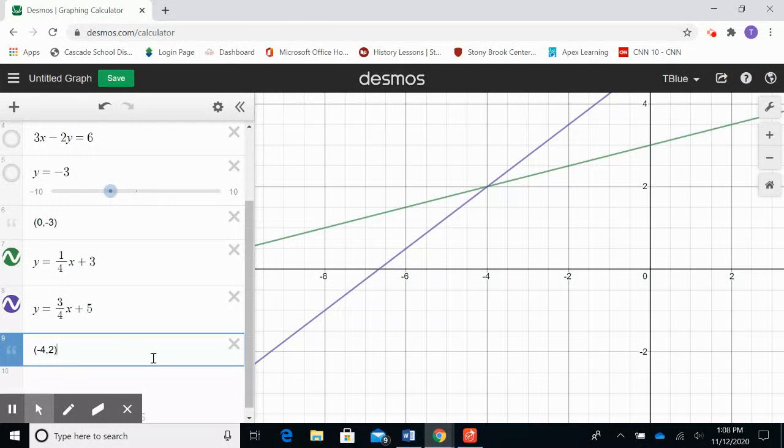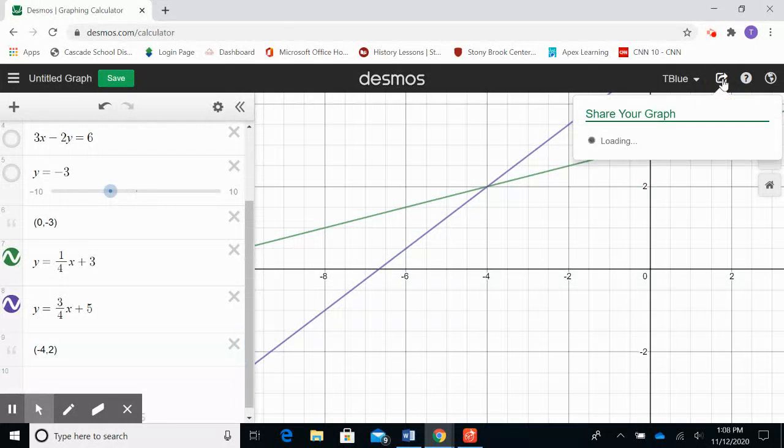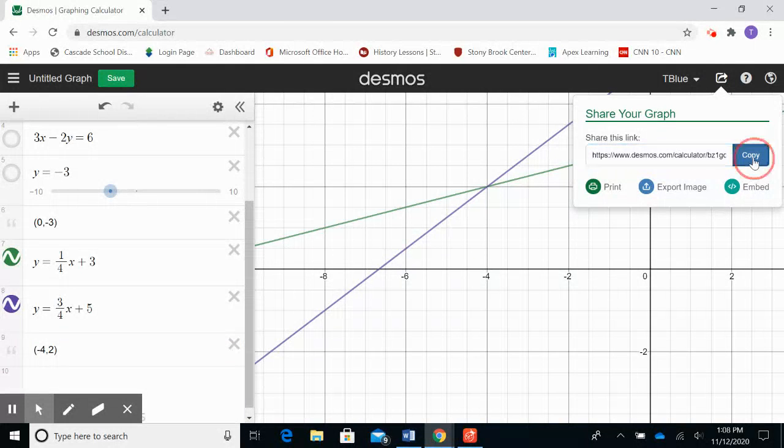So don't forget to do number 13 and number 15. And then when you get that, you're going to want to go up here and share your graph. Once you have all of your graphs on here when you're done with your homework, you share the graph, you copy this link, and you plug that link into